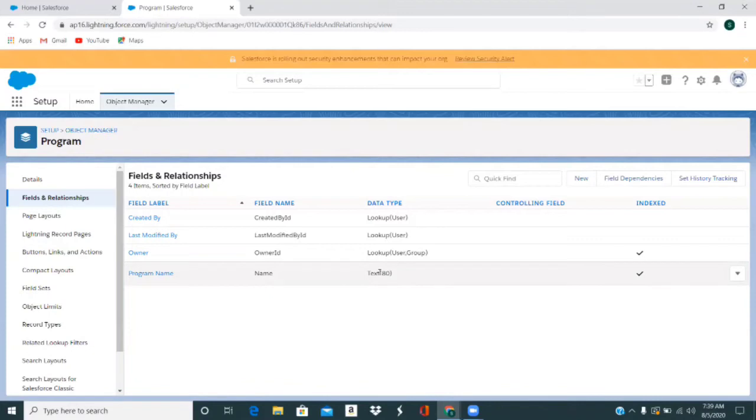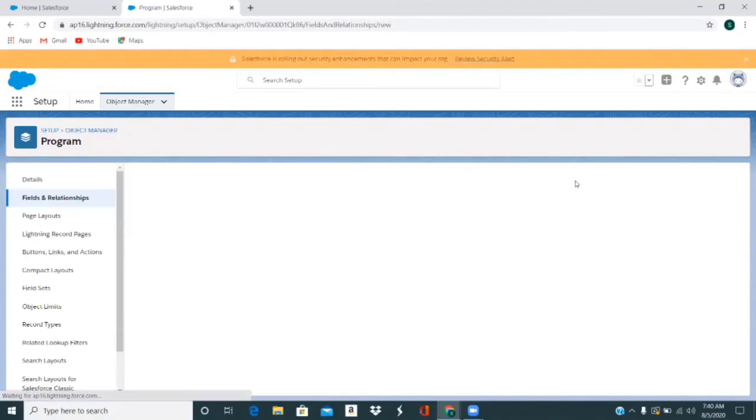So now we want to create another custom field called program type, which will have two different values, like in person and virtual. So they have two kinds of programs that they conduct in different schools. Some of the programs are in person, where they go to the school and conduct those programs, and some are virtual programs which they do through screen share or virtually or through the web. So we will go ahead and click new in the custom fields.